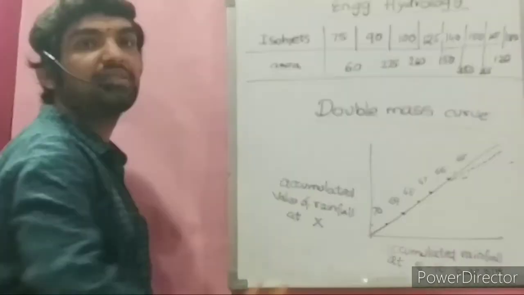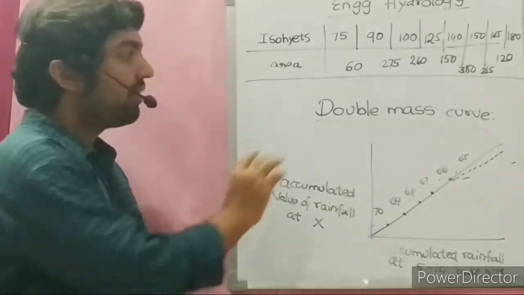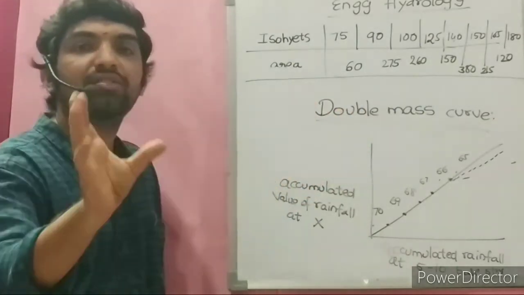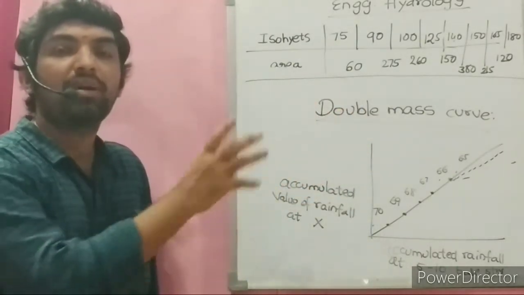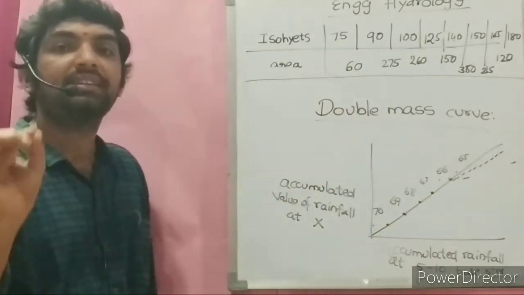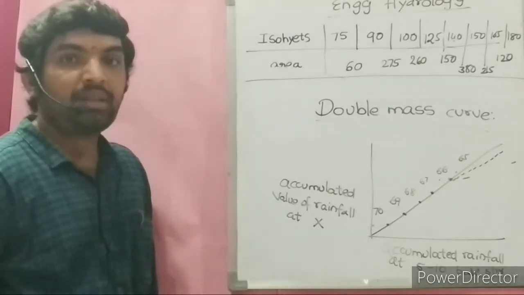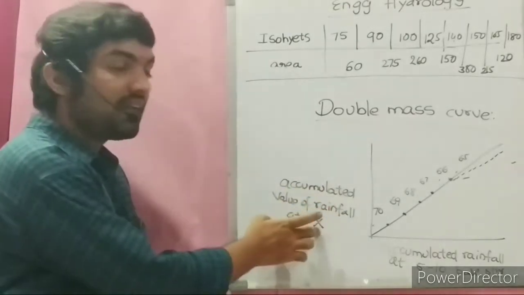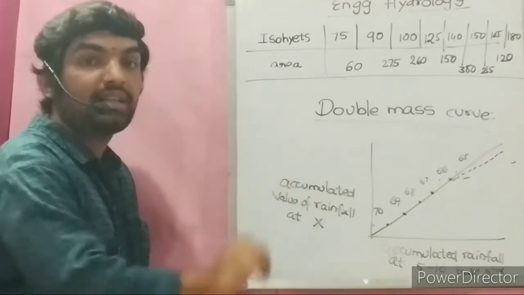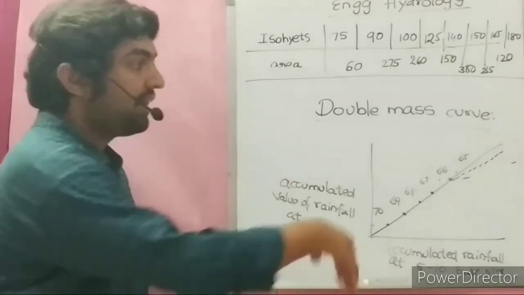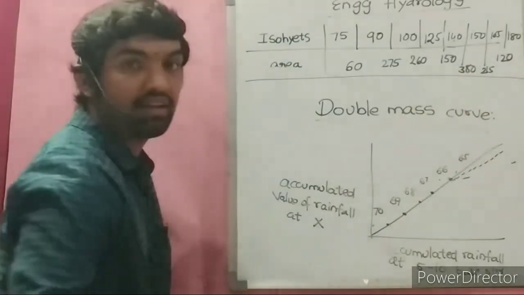This concept is important for examinations. What is the application of the double mass curve? Where is it used? The double mass curve is used to check the inconsistency of the record, and to measure the rainfall at an unknown, ungauged station. You correct the slope by using slope correction.